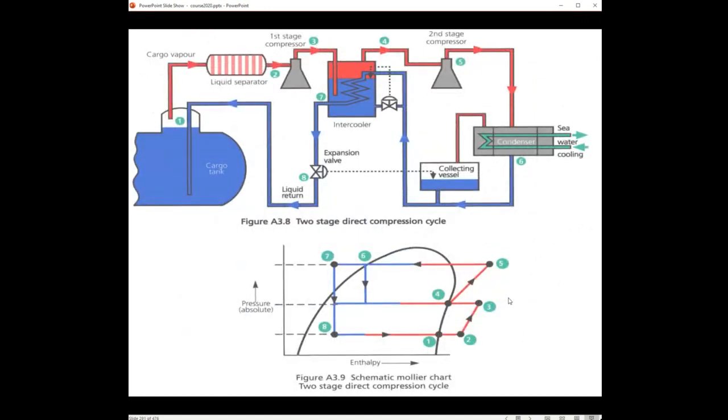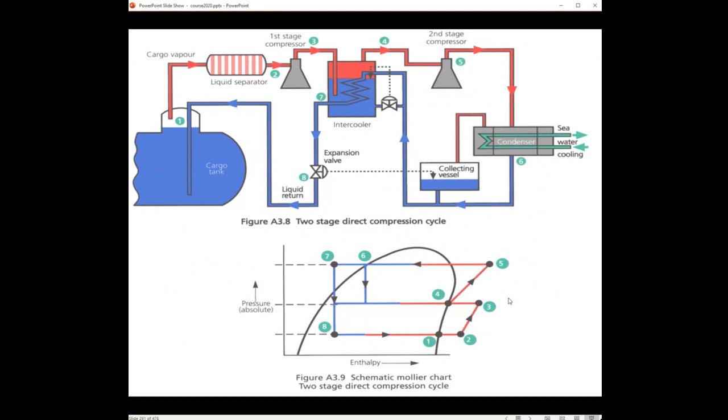But the problem is that one compression is only effective for a factor of 1 to 6. So if you have 1 bar at the entrance of the compressor, you can go maximum to 6 bar. That means if you want to increase that pressure to obtain a more efficient